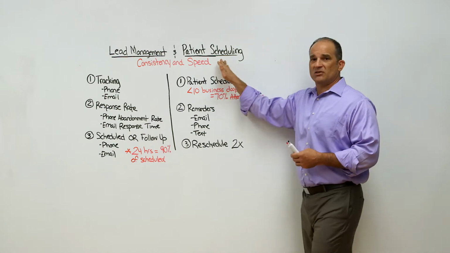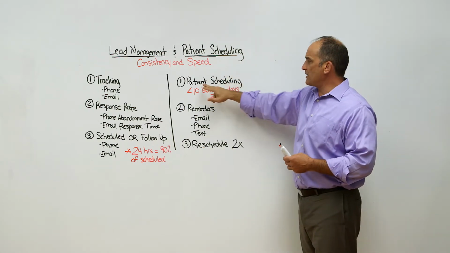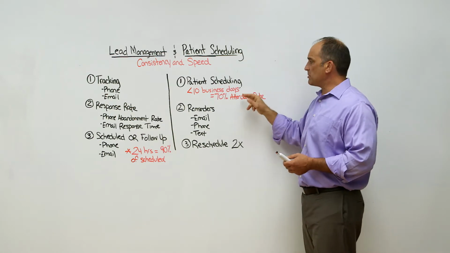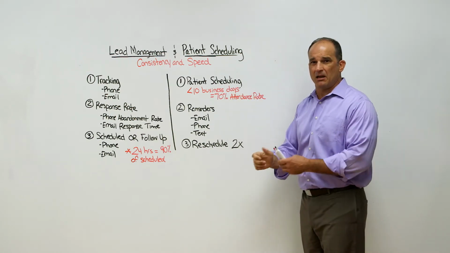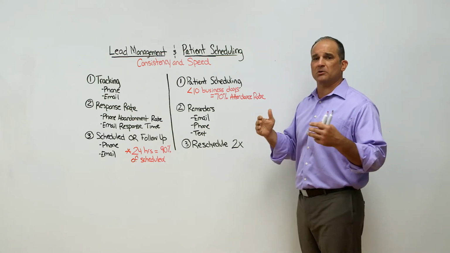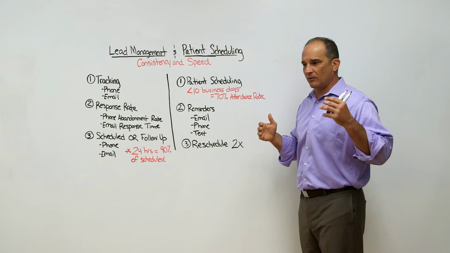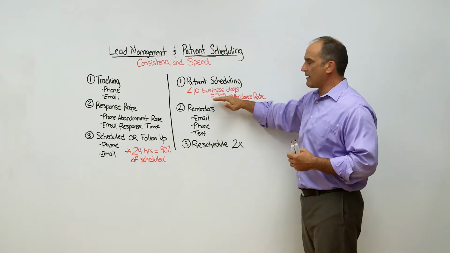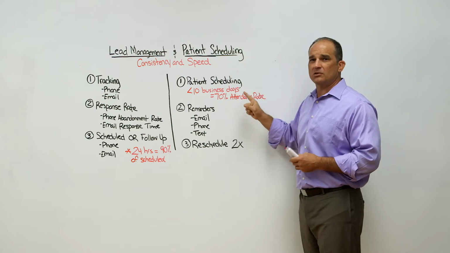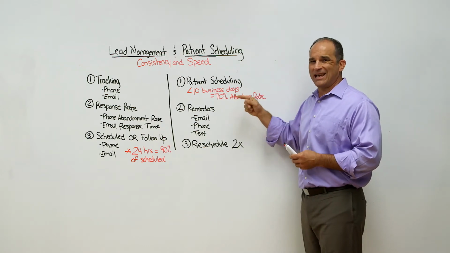Let's talk about patient scheduling, okay? Patient scheduling, first and foremost, you got to make sure that you have a calendar that's optimized to get people in within 10 business days, okay? Most practices have the ability to do this. There are outliers that are very fortunate in today's market and have grinded it out to get there that they'd have no choice but to schedule people outside of 10 business days. But you want to do as much as you can to get people into your office within 10 business days,